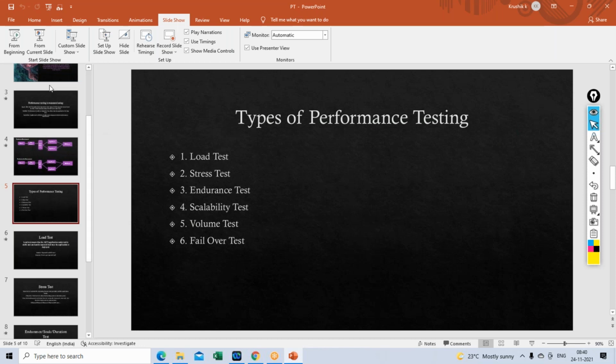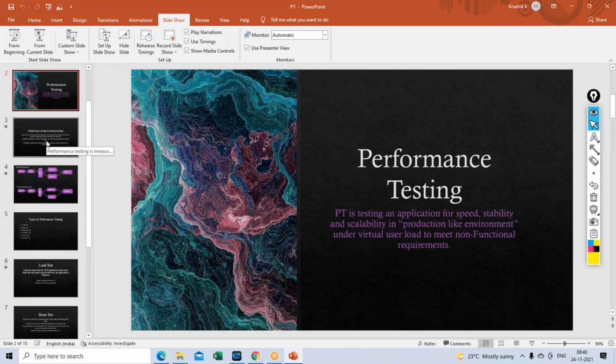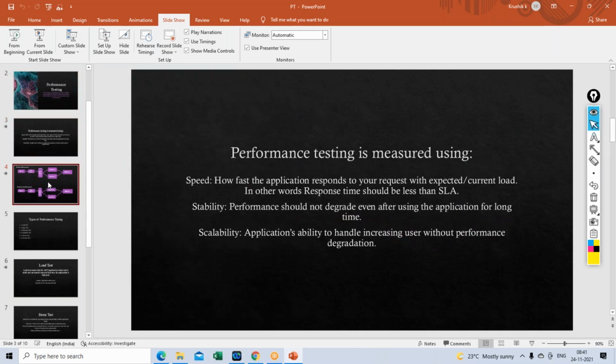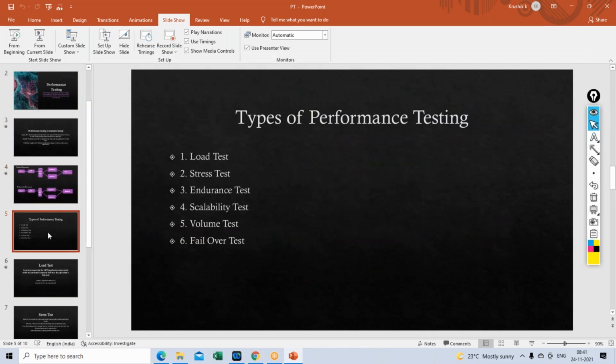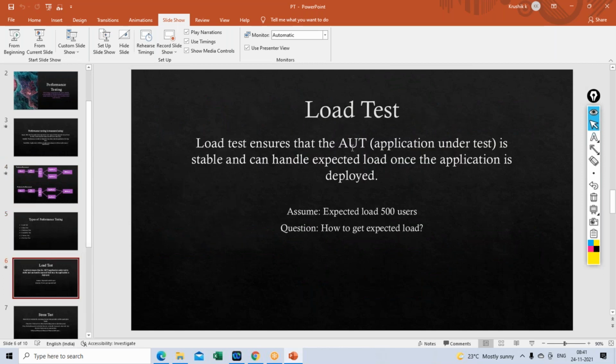Somewhere we have discussed the different types of performance testing, why performance testing, what are concurrent users, and an issue we call a bottleneck. What is that bottleneck?